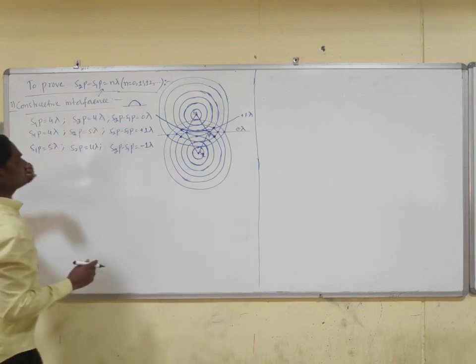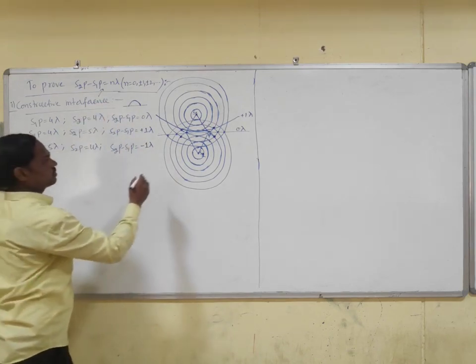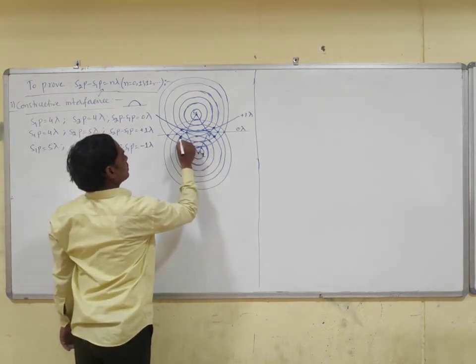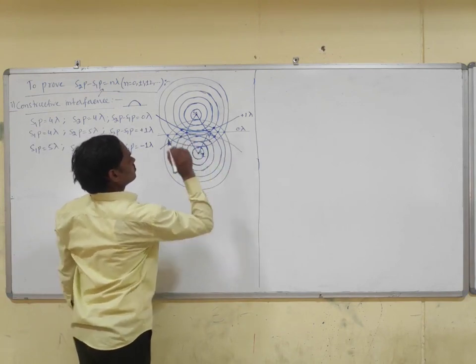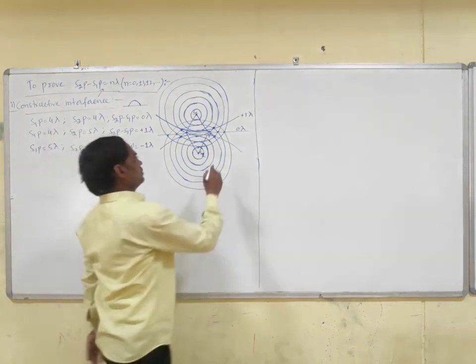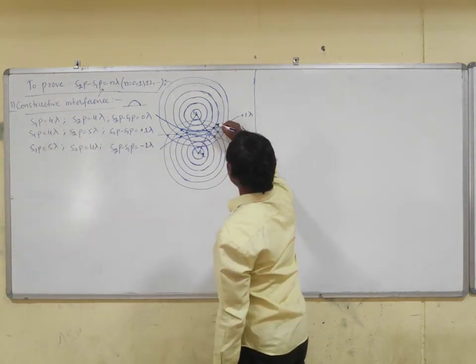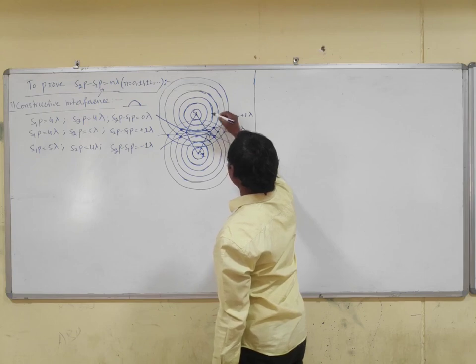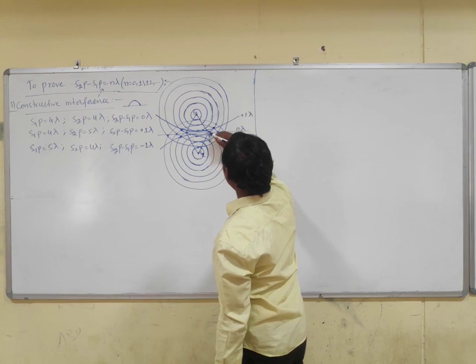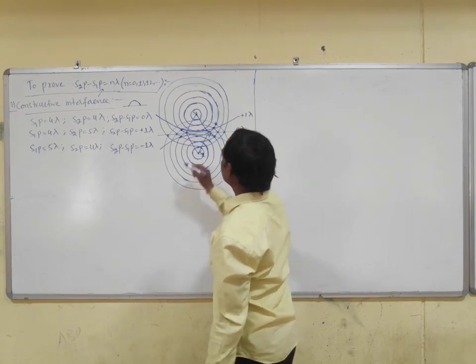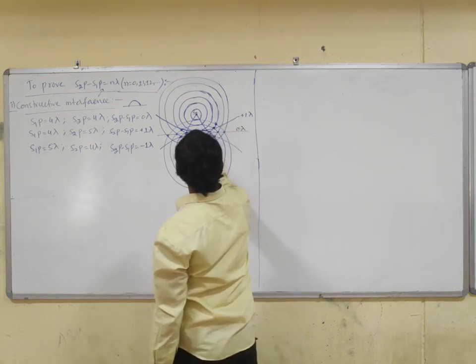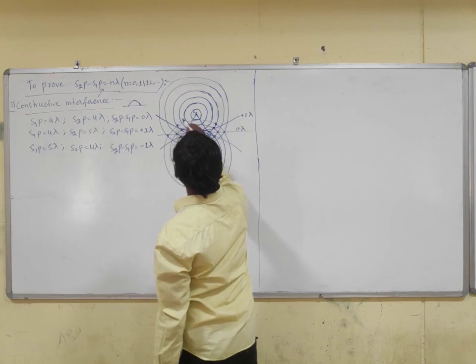So now we can write more clearly. Okay, if you join these 2 points, then we will be getting something like this. So next point, let us take this point. What we get? 1, 2, 3, 4, 1, 2, 3, 4, 5, 6. 6 minus 4, how much? 2. Okay. So similarly, this point, it is also 2.